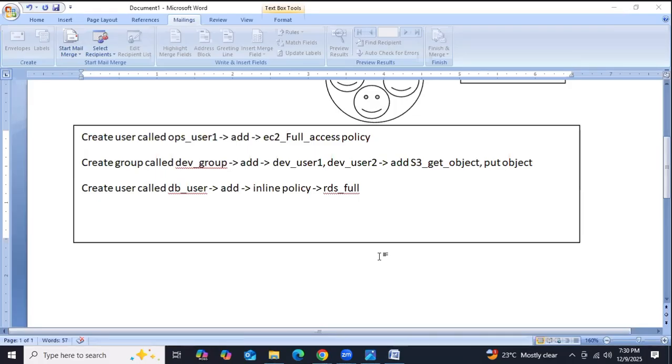Tomorrow we are going to discuss MFA. And account settings also tomorrow. If we have the time, I'll teach you how to provide the billing permissions. The account team needs to make the payment every month, so they should have full access for billing. Those three things we are going to discuss tomorrow. Maximum tomorrow I am going to finish IAM, and then day after tomorrow, I'm going to start EC2 instances. Clear, guys? Good. That's all for today.